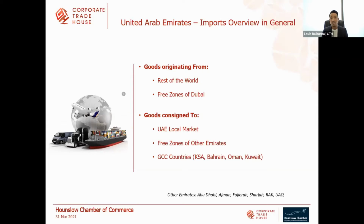The UAE imports overview in general. There are ways in which local companies or importers normally import products to the UAE, from two different origins. We have products coming from outside the UAE, or the rest of the world, which can be sold or consigned to the UAE local market or mainland Dubai, and could also be consigned to free zones of other Emirates. The other Emirates normally are Abu Dhabi, Ajman, Fujairah, Sharjah, Ras Al Khaimah, and Umm Al Quwain, or from the rest of the world to other countries within the GCC, which are KSA, Bahrain, Oman, Kuwait,